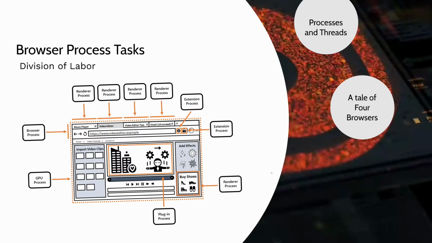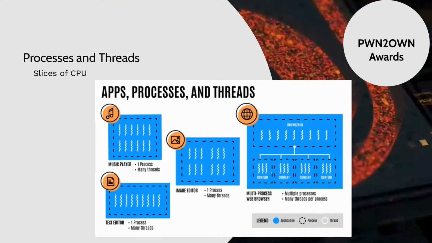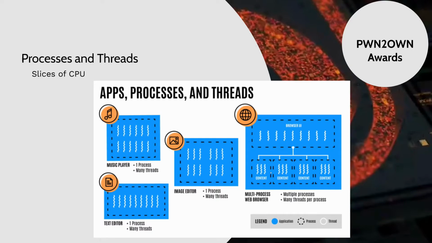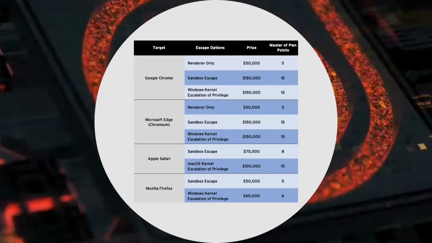And it gets even more complicated than that, because inside those processes are multiple threads with lots of components, like the JavaScript engine, which is the interface for the untrusted code from the server side, where the JavaScript sandbox tries to isolate it. The WebRTC connections interface to the microphone and cameras and give you the video conferencing applications inside web browsers, and music, etc. And the complexity of all these systems, as the browsers themselves have evolved, has made exploiting them much more difficult. So this year's targets for Pwn2Own, there are 4 targets: Chrome, Edge, Safari, and Firefox, and